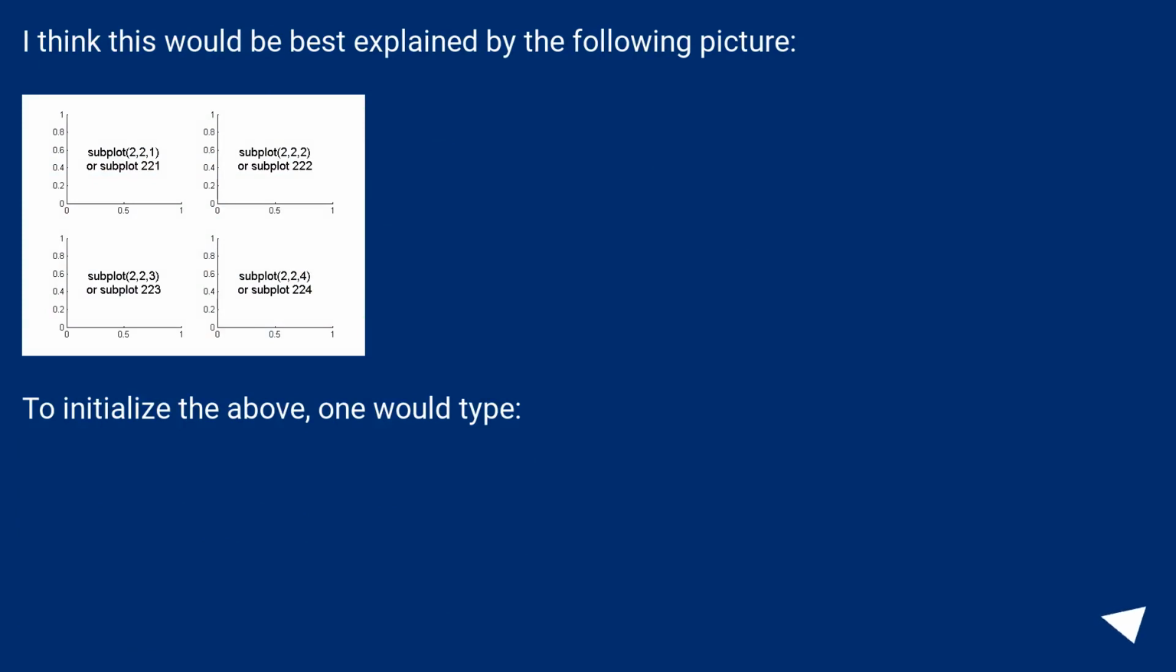I think this would be best explained by the following picture. To initialize the above, one would type